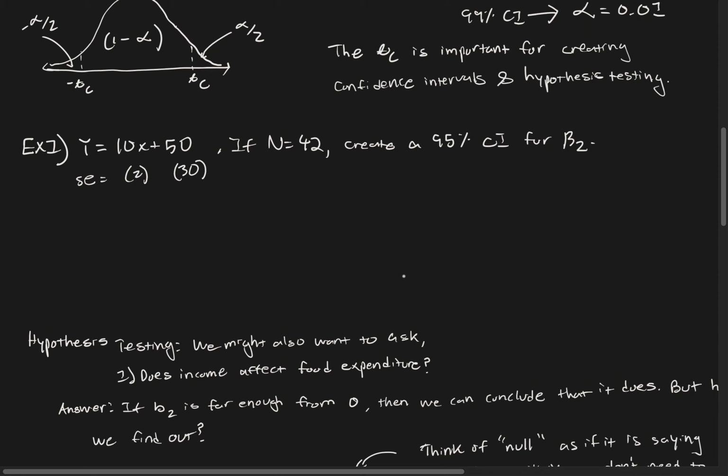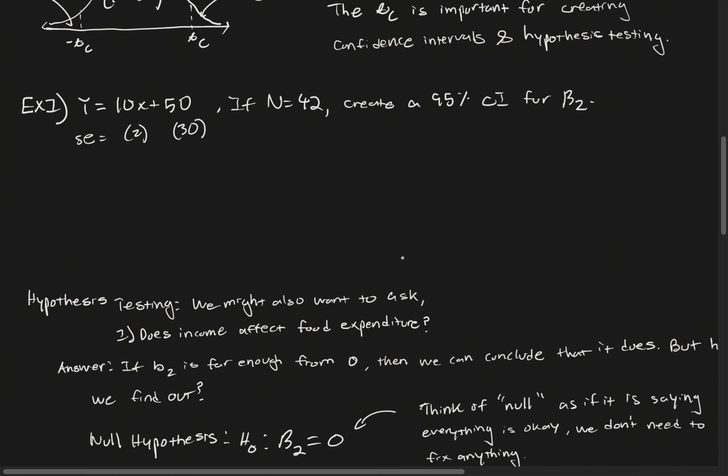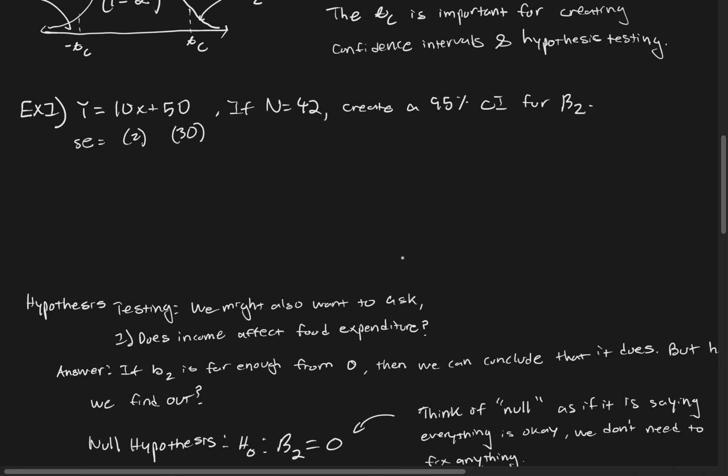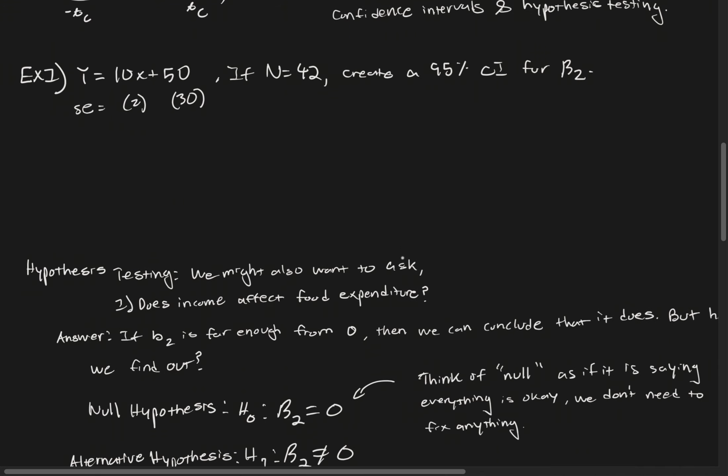And so let's say for our typical income and food expenditure equation, we're given that the sample size is 42, and we want to create a 95% confidence interval for B2, or beta 2. Our standard error is usually given below the equation. For our beta 2 it's 2, and for our beta 1 it's 30. And so if you want to create a confidence interval, our critical value, TC for short,